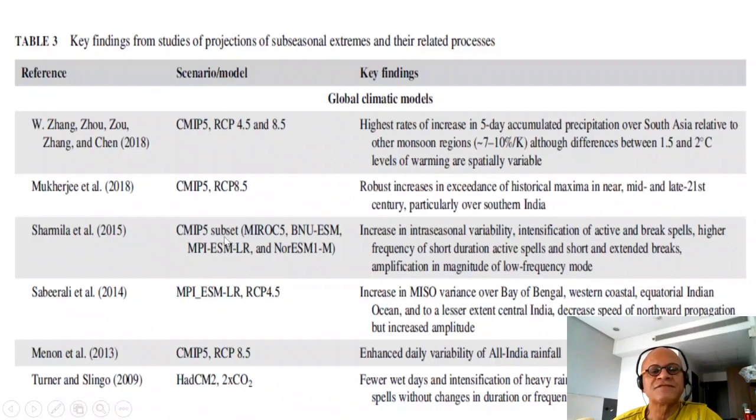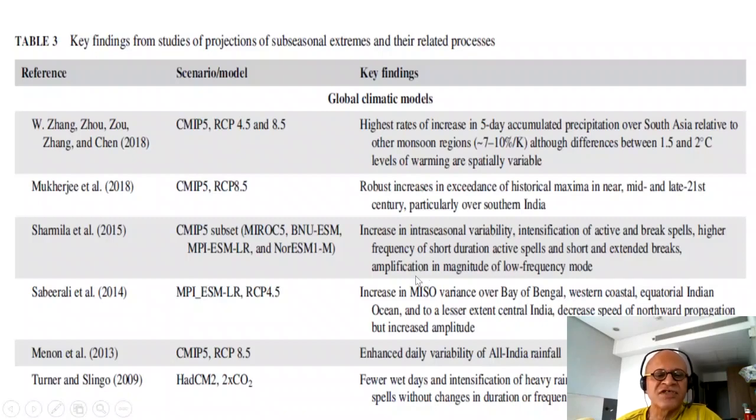Looked at a subset of CMIP5 models listed here. I won't say which models are which, but you can look that up as well. So this is Japanese, Chinese, German, and Norwegian, and so on. Okay. So multiple changes are noted in terms of the subseasonal extremes, and their related processes are not mentioned, just